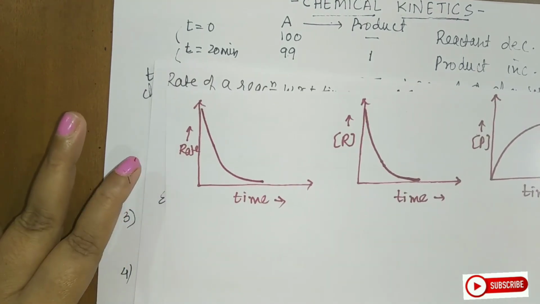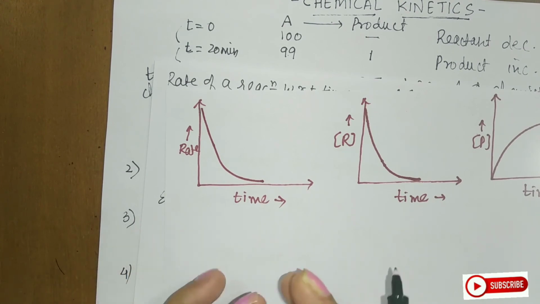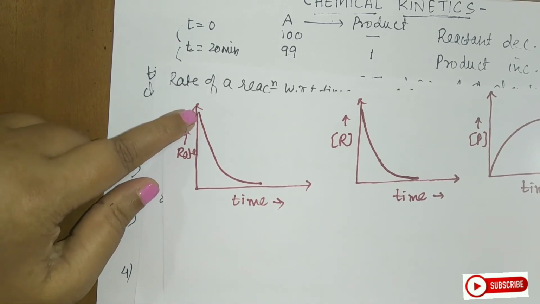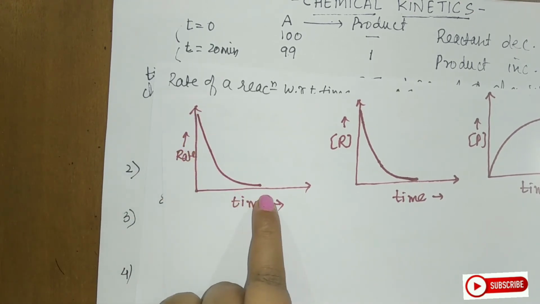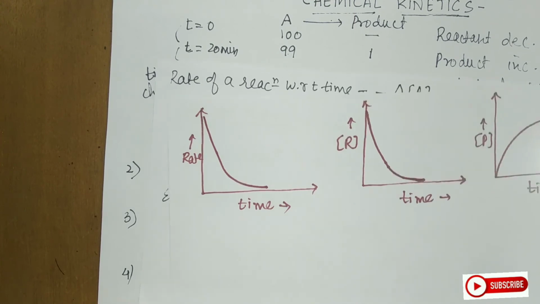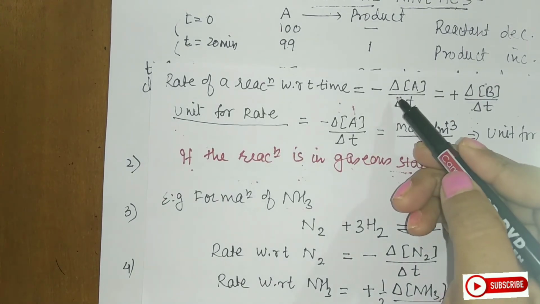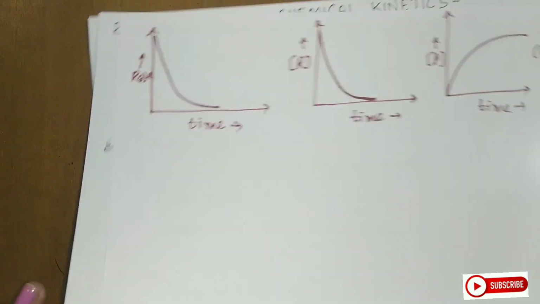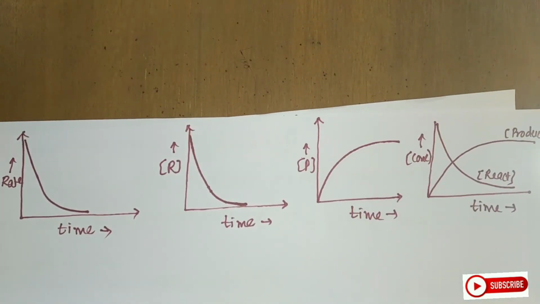It is the same as when you take some work or a task to do. What happens? Initially the rate or the speed is very high, and after that you get bored. Rate decreases as the time passes. Now students, here we have used delta for representing the rates. There is one more way to write this, and that is small d, that is infinitesimal. What are the types of rate? That will be seen in coming videos.